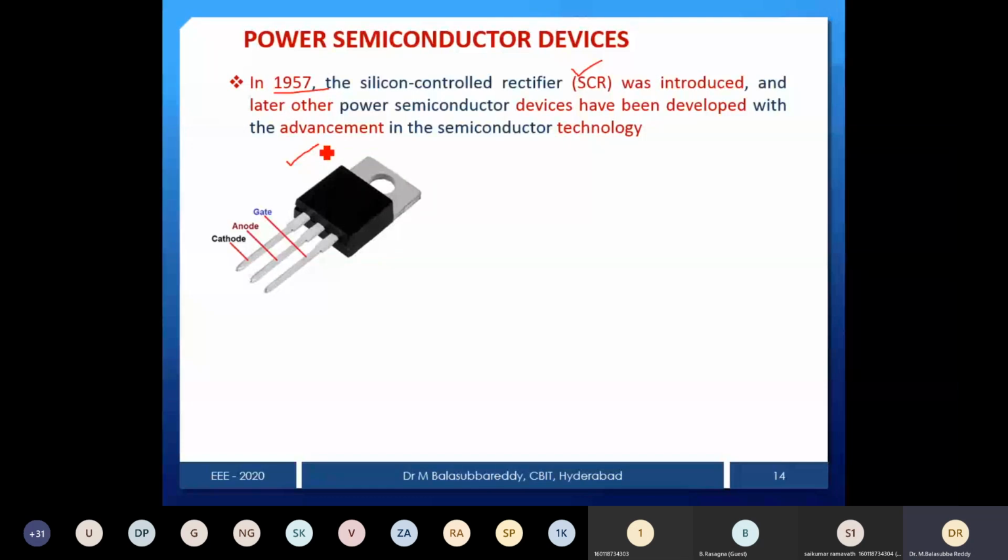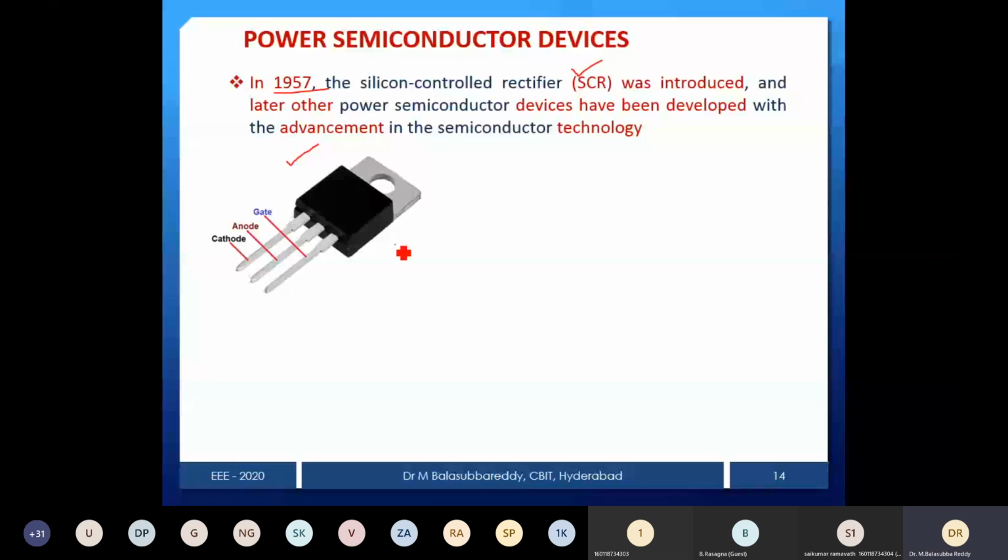Our labs all have existing kits, but if you want to do it on a breadboard, you must know what the component is. In the kit you don't find anything; they simply give the terminals out and you plug in the patch cards and get the output. But that is not the appropriate way to understand. You have to take a breadboard, buy the components, connect them on your own, and see the results in the CRO. That is the actual implementation of hardware, so that you will understand what the component is, what the protection circuit is, and how to connect the protection circuit, all these things.